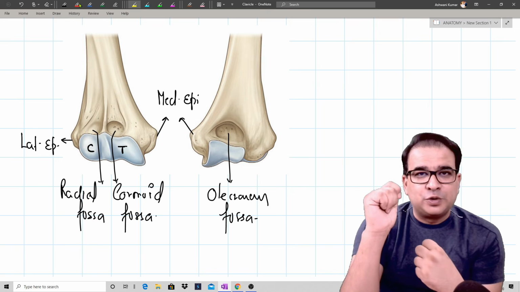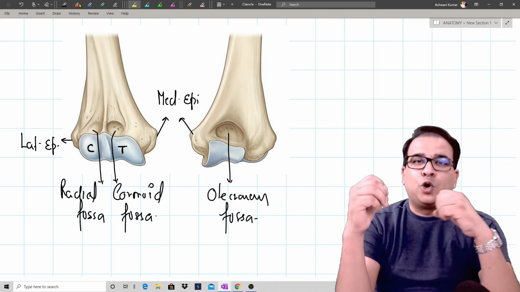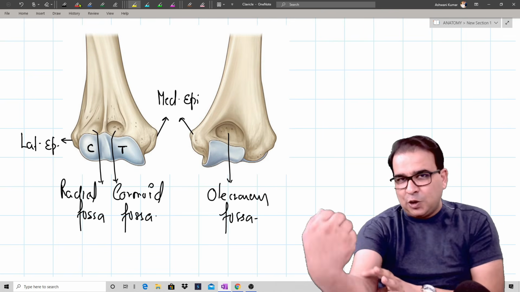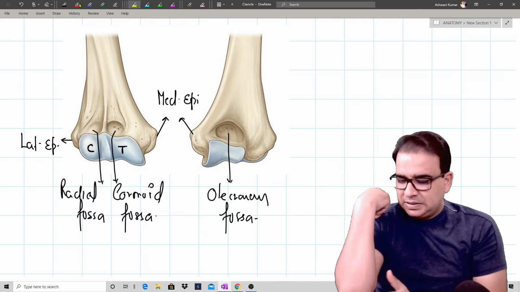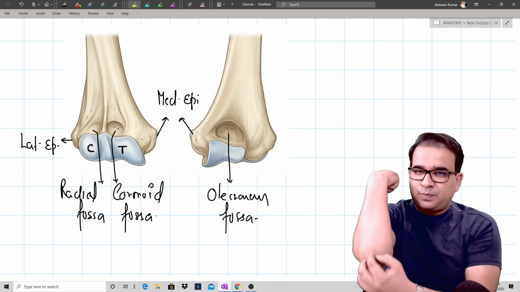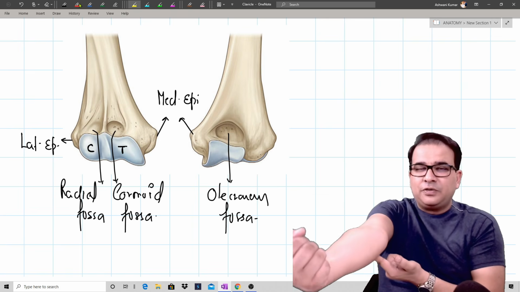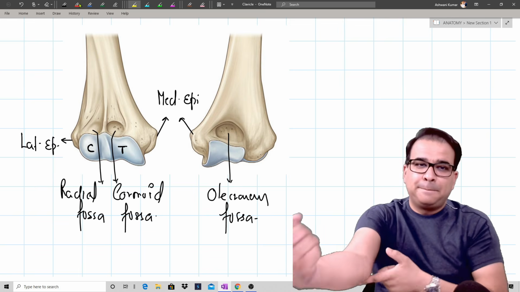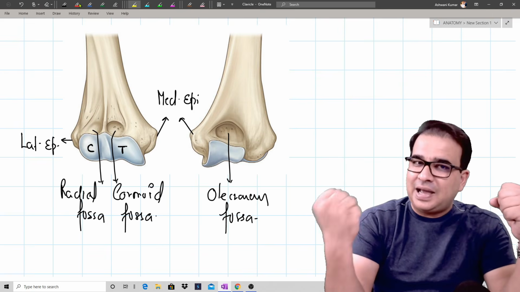The same is with the coronoid fossa. Coronoid fossa is above the trochlea. So it is actually accommodating the coronoid process of the ulna. So while we do the flexion, these processes get the space to go inside the humerus, and the range of motion of the elbow reaches normal. Same on the posterior side. Posteriorly we have the olecranon fossa. In the extension, the olecranon process of the ulna is allowed to go inside this olecranon fossa, and that again allows the complete extension of 180 degrees at the elbow here. So that's what these fossae are for. They accommodate some bony prominences in the flexion and the extension.